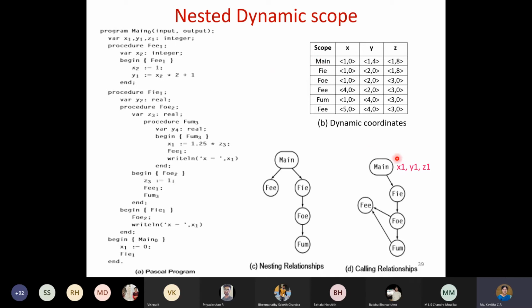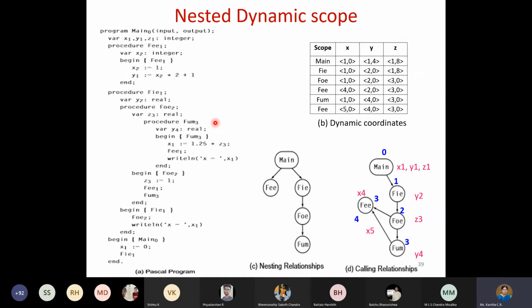Let us start from the first function, that is main. You are going to see the depth also, like how it is called. At level 0 main has been called, at level 1 FIE, and then FOE, and if you go through this path, it is FUM, and then back to FEE. That is one path, and the other one is 0, 1, 2, 3. It will return back, and then it will call FUM, and that's it. Whatever sequence you want to take, you can take. But for this code only, this particular graph has been created.